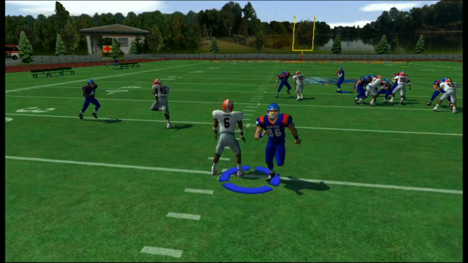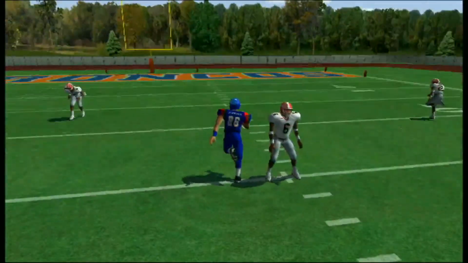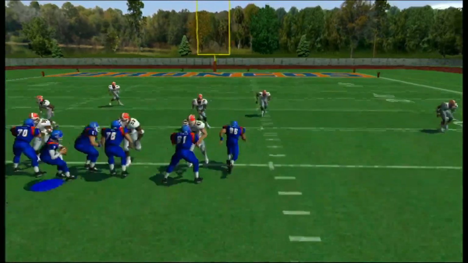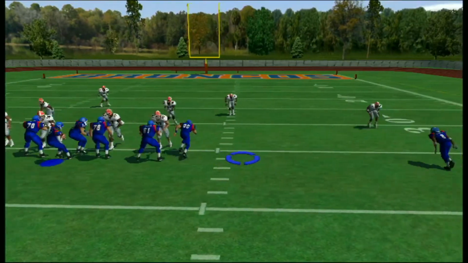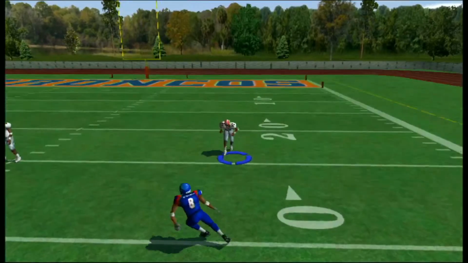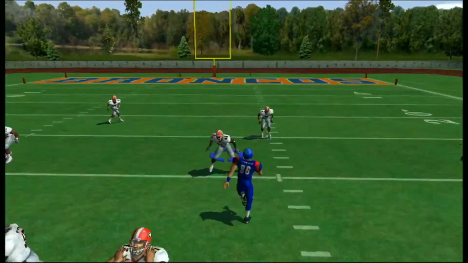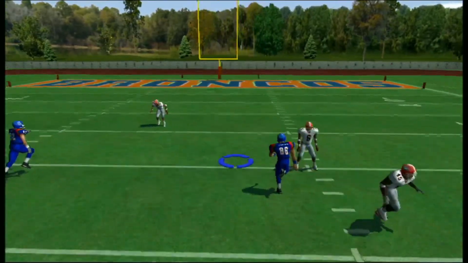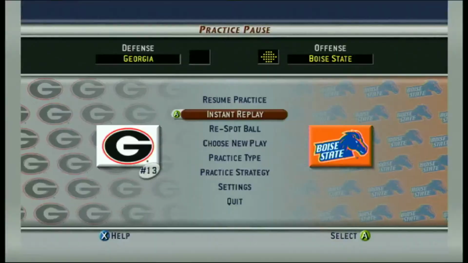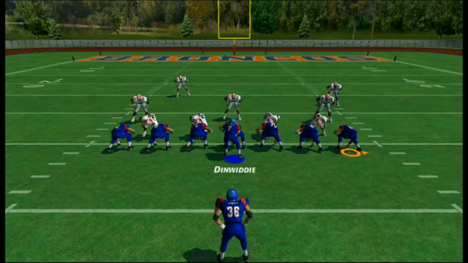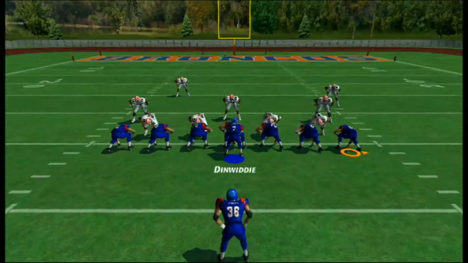Right? So, in theory, the weakness of cover 3 is this seam. Right? This player has to care about the wide receiver. This player has to care about the middle of the field. And, like, in a perfect world, if we know exactly what the coverage is, can we even send him out?